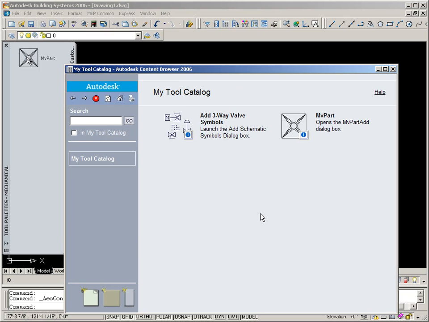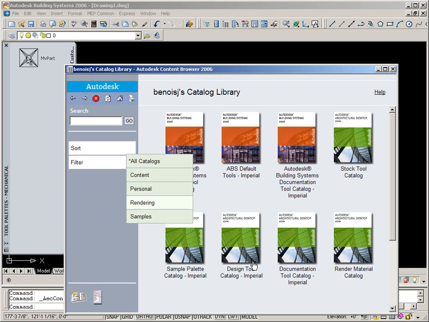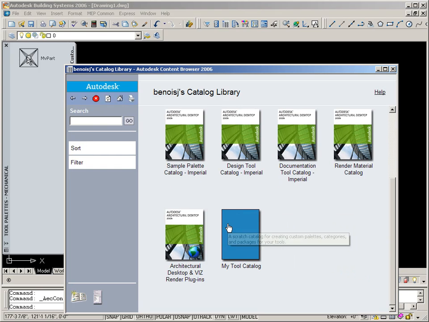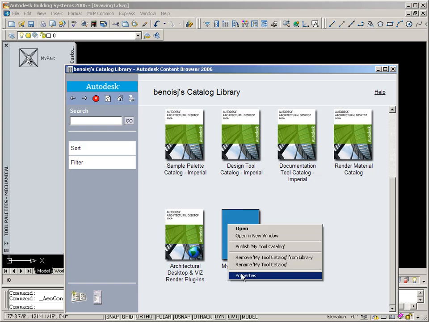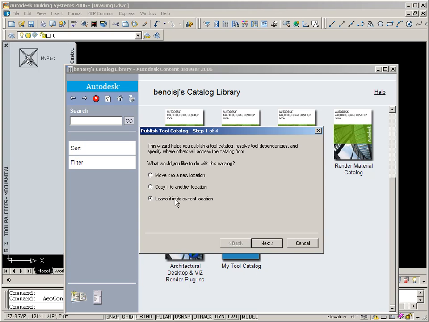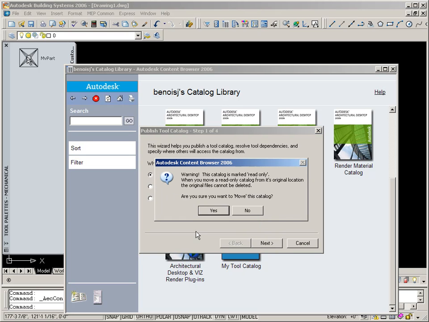How do we publish this? Well, go back to the home screen, click on that right there, find your tool catalog, right click it, and we could rename this if we wanted, but I want to publish my tool catalog. You can leave it in its current location or move it to a new location, publish it up to a server. We recommend that everybody always create their content locally on their computer. So if the CAD manager is going to do this, do it on your local computer and then publish it up to a server, to a central file. Do not create your content